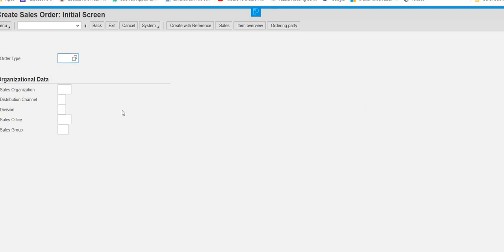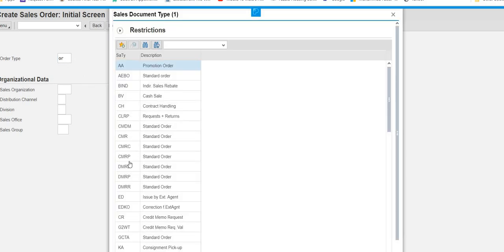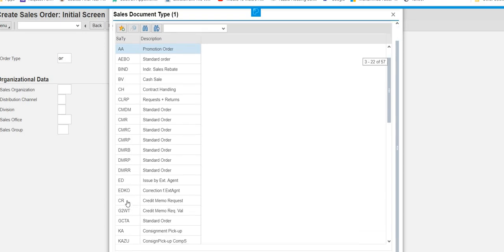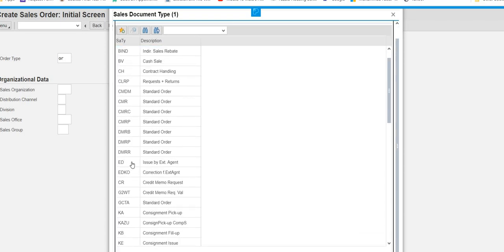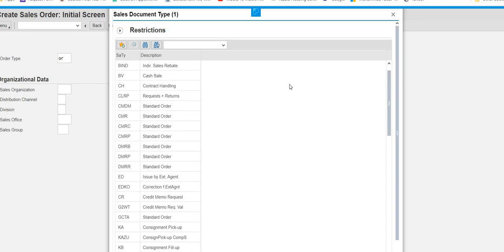Once you open this, now they are asking you to enter the data. So here in order type, you will type OR. You can type, or you can also select it from the menu. It's your choice. From here you can select OR, or from there you can just type OR.